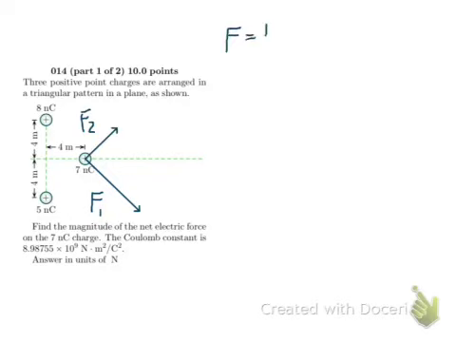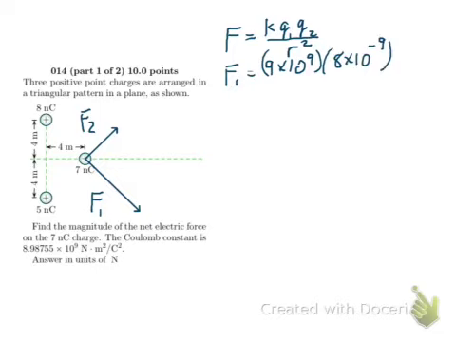Now I know I'm going to use Coulomb's law to figure out the magnitude of each one of these forces, and that's K times Q1 times Q2 divided by the distance between the charges squared. So in the case of F1, I have K, which is 9 times 10 to the 9th, or in this case 8.98755, but you can use 9 times 10 to the 9th, that's well within 1%, times the magnitude of the first charge, 8 times 10 to the minus 9th, nanocoulombs is times 10 to the minus 9th. Q2 is 7 times 10 to the minus 9th, and then I have to divide it by the distance between